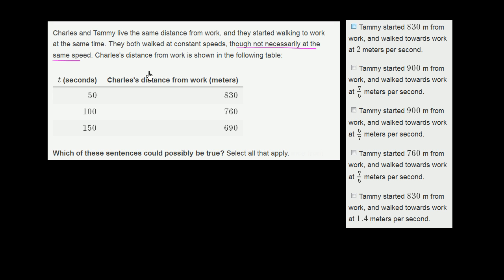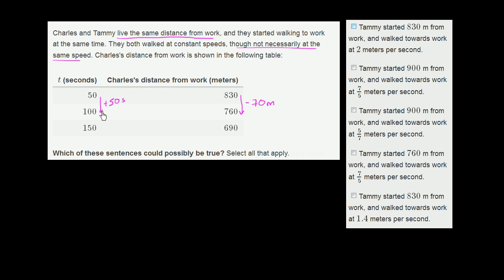Well, the one thing that we know is that they live the same distance from work. So the distance that Charles started walking from work is the same distance that Tammy started walking from work. So let's figure out what that distance is. We see that every 50 seconds, if we go from 50 to 100 seconds, Charles traveled another, let's see, to go from 830 to 760, his distance from work decreased by 70